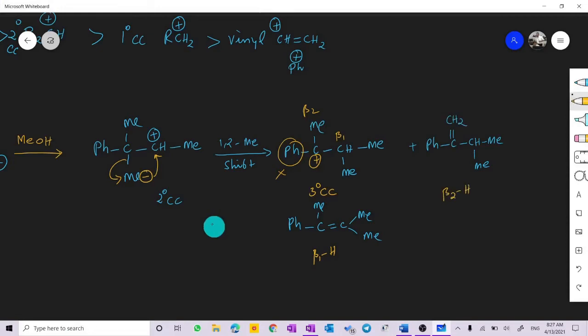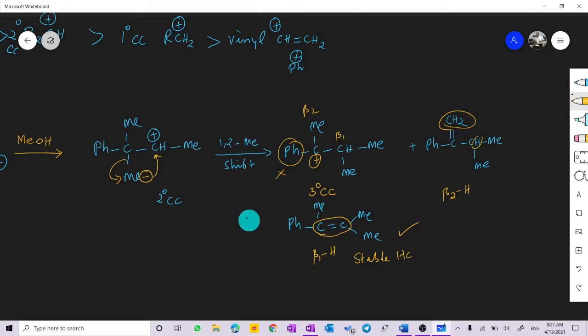So now you can see that this is a less substituted alkene and this is a more substituted alkene. So this is more stable. This will be the major product that is formed, more stabilized by the say 9 alpha carbon atom. Here it is only 1 alpha carbon or 1 R, because the phenyl proton will not be able to contribute to the hyperconjugation. Only this proton can contribute. Therefore this will be the most stable product that will be formed in this reaction.